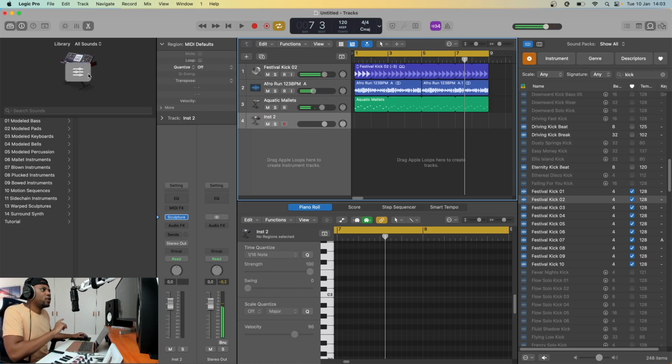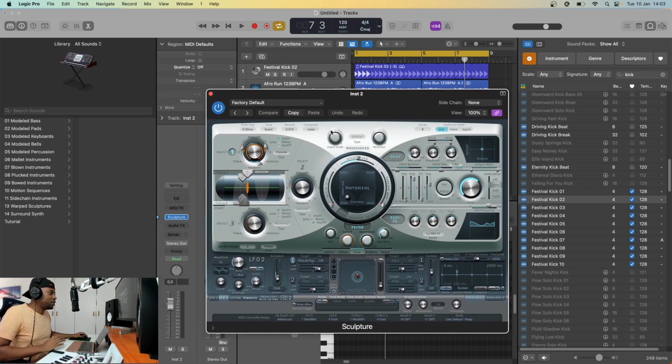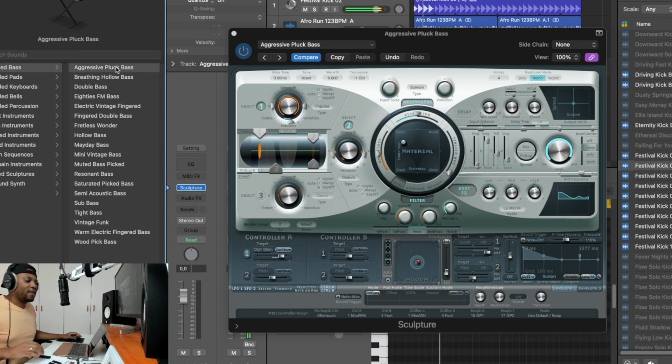Okay, so now we can move on to the snake sound that I'm gonna look for here in Sculpture. This is an amazing plugin, bro. The presets, especially the modeled bass folder. Damn, bro. Okay, so this first one here, listen to that. This is on a high octave, right? So if I go an octave lower,